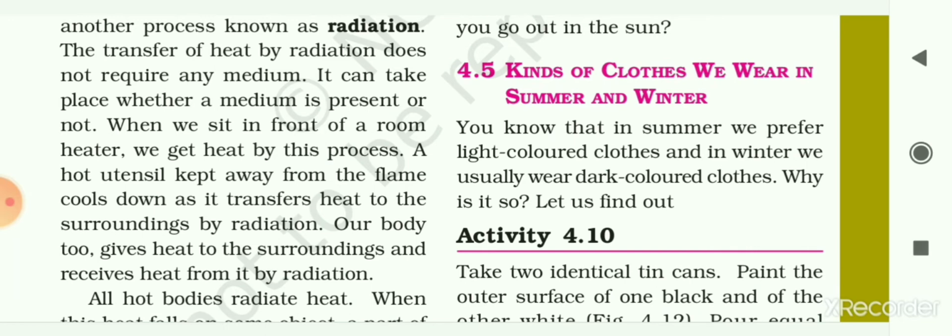Now what are the poor conductors or insulators of heat? The materials which do not allow heat to pass through them easily are called poor conductors of heat or insulators. Examples of such insulators are wood, plastic, ebonite, leather, glass, wool, rubber, etc. Ebonite is a material which is similar to glass. So these are the poor conductors of heat.